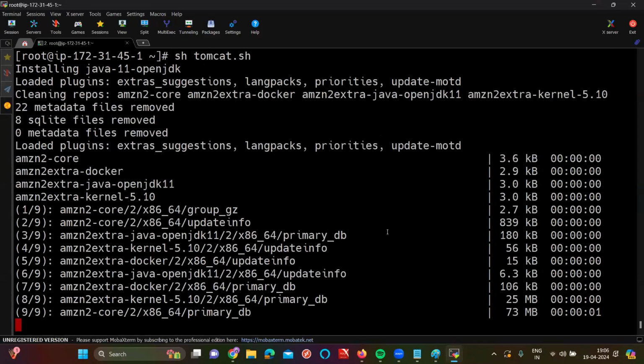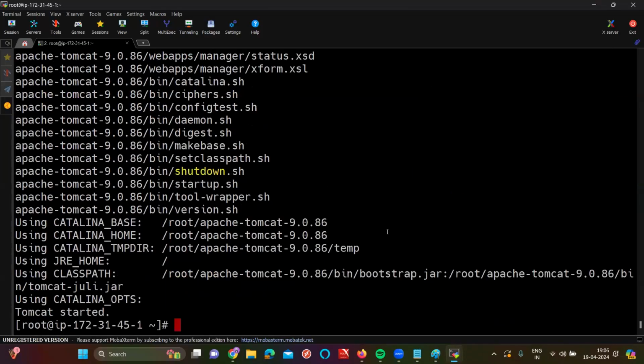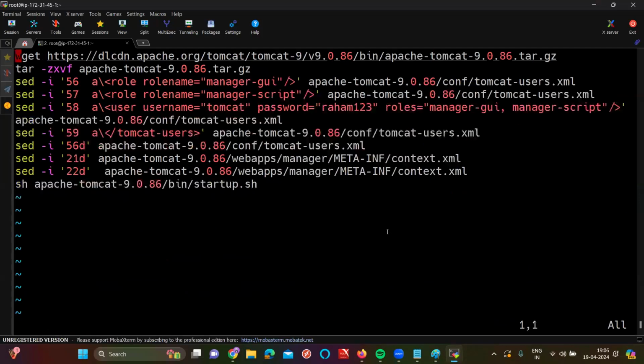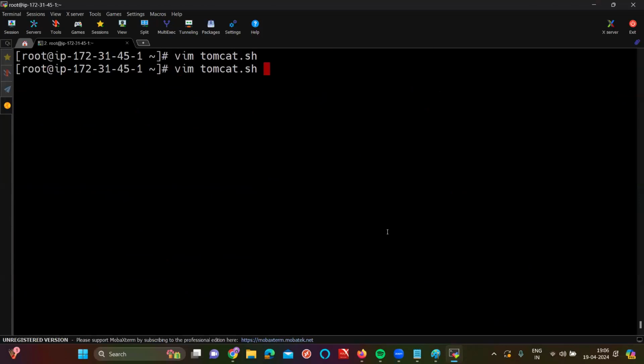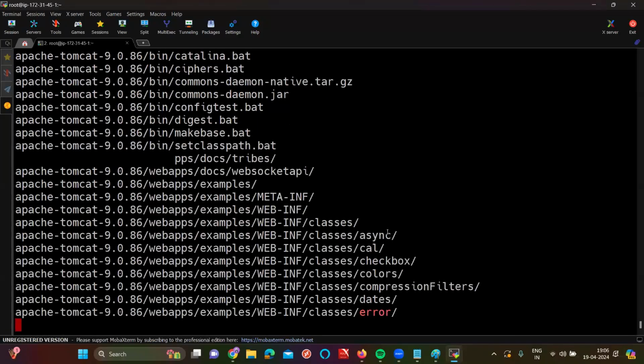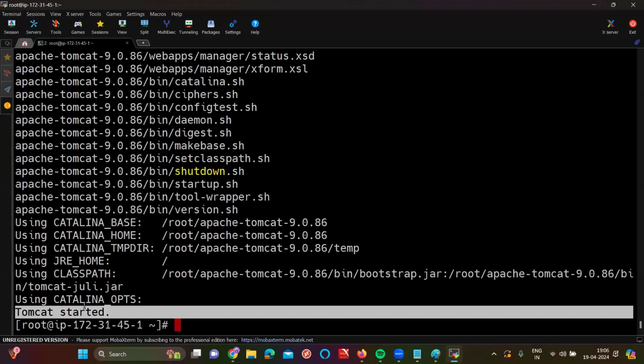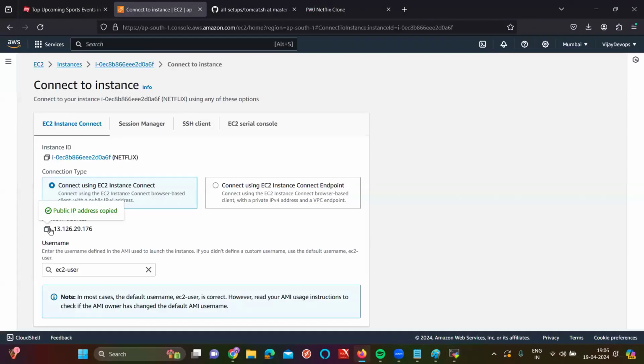Wait. I need to modify something. This first thing I need to modify. Wait. Yep. So now see how the script executes within 1 second. Done. What are you seeing here? Tomcat got started. If you want me to show it practically also, again, sir, copy the public IP address and